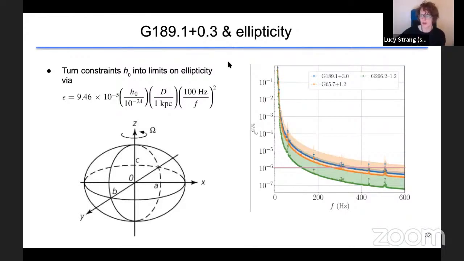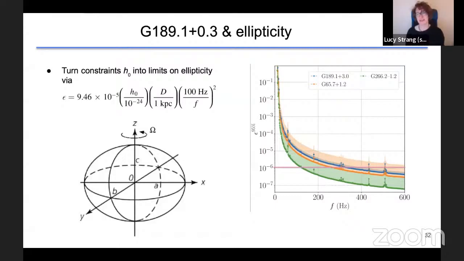We have, again, frequency on the horizontal axis, the maximum ellipticity we could have detected on the vertical axis. The solid curves represent the best guess estimate for our constraint. And by best guess, I mean most optimistic. Because it turns out our friends who do observations with optical and X-ray light don't actually agree on how far away some of these supernova remnants are. So we say we're going to take the most optimistic guess and we're going to make that our primary estimate, but we'll show in the shaded region the full range of uncertainty so that if it turns out that it's actually further away than we thought, we can still make a statement about the shape of this neutron star.